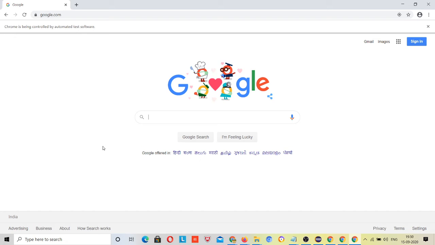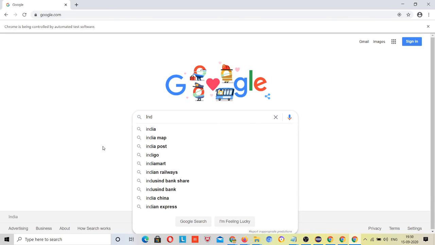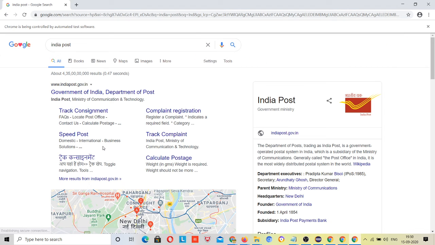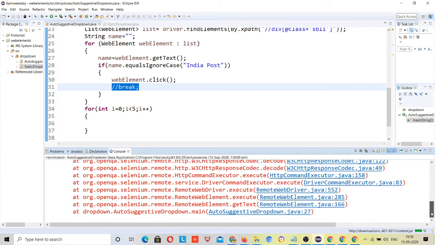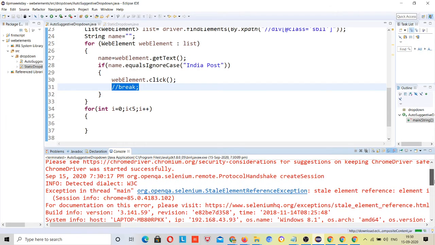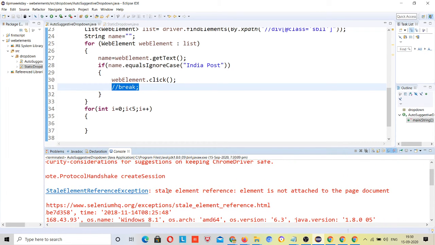See, I will click on my desired result, let's wait, and then it will click on India Post. It clicked on India Post, and your result was achieved, but the error was there. I read that error and I knew what mistake I had made, now correct it. Stale element reference: element is not attached to the page document.